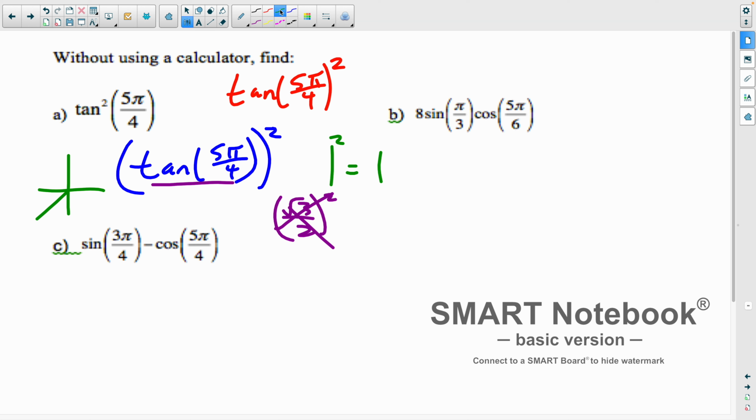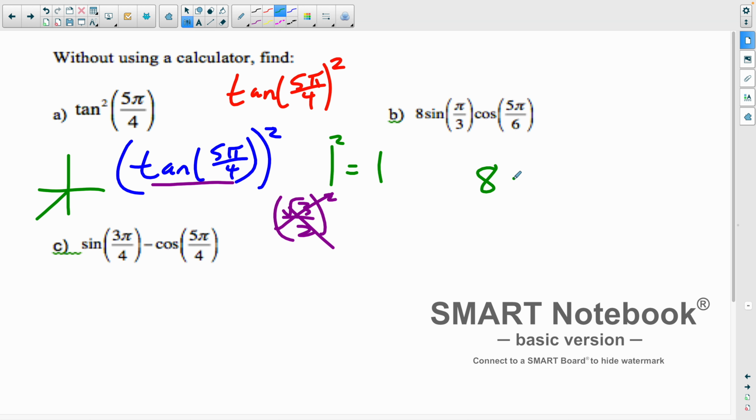What's it asking me to do on part B? Multiply them all out. So we can see that in an operation, we have 8 times sine of pi over 3 times cosine of 5 pi over 6. So it's asking me to just multiply all that out. So if I were to do that, I've got 8